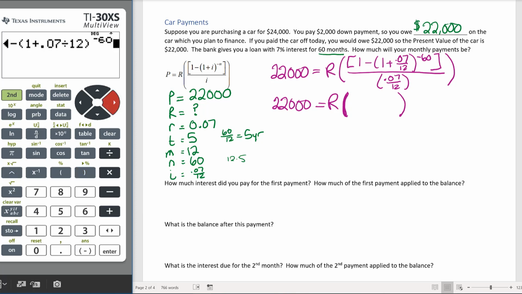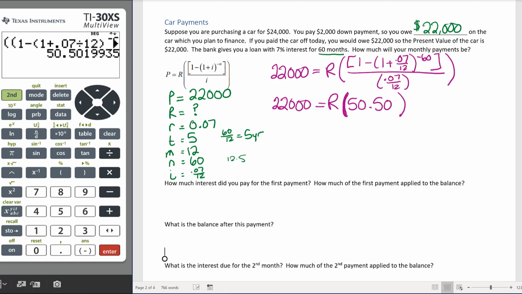Now I have to get out of my exponent and then close that bracket. So that's the numerator. Now I'm going to divide by parentheses 0.07 divided by 12, close that parentheses in the denominator, and then one last big parentheses that finishes out the entire expression. When I hit enter, I'm getting